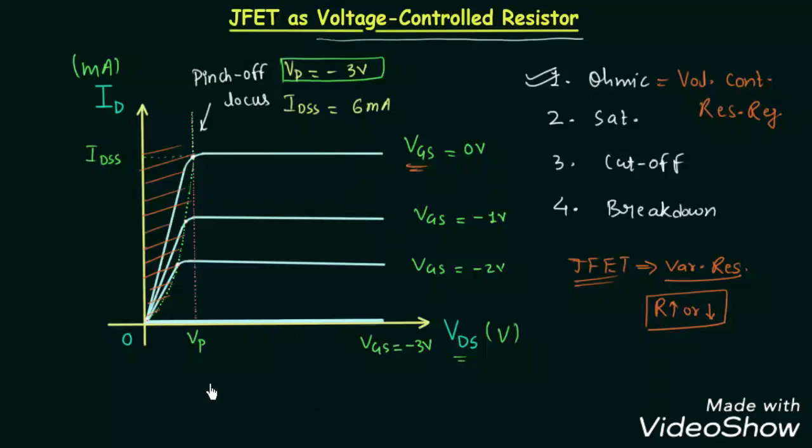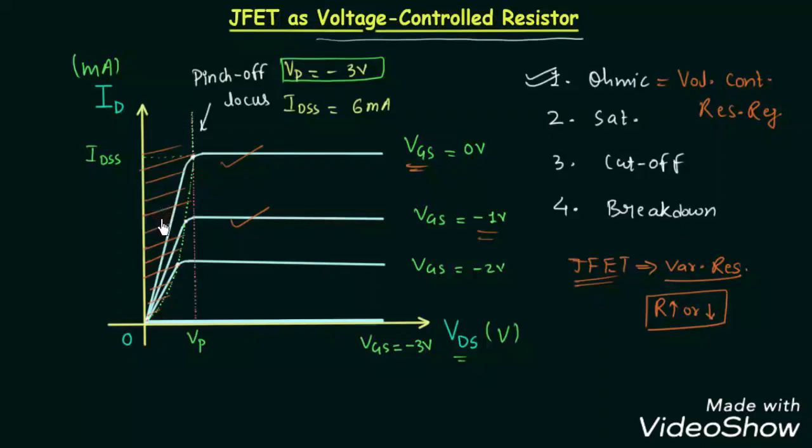Now we will see what is the relation between the controlling voltage VGS and the resistance of JFET. If you compare the first curve and the second curve, then on decreasing VGS, making it more negative, the slope of the curve